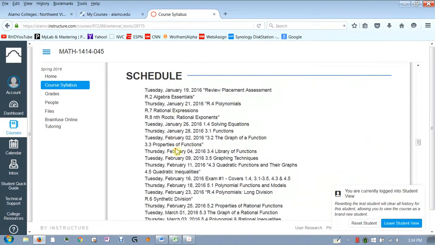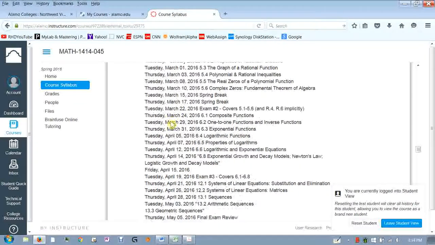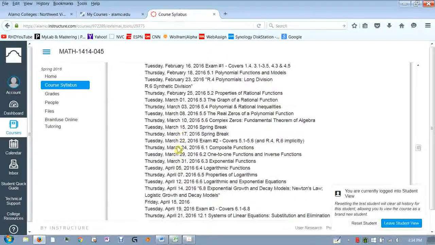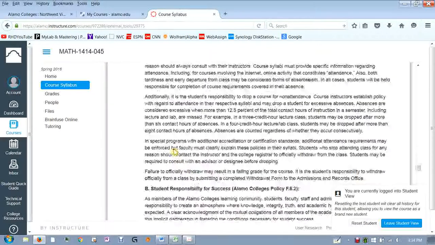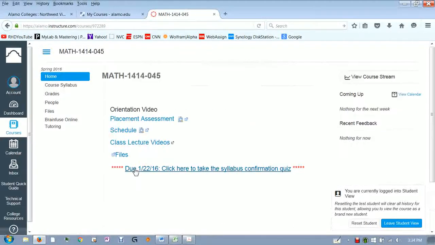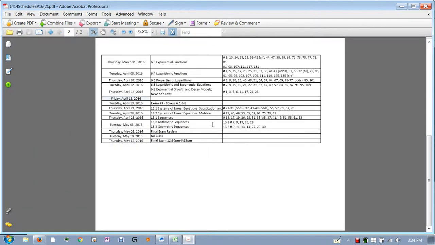The schedule, I have a better schedule for you to look at here, but I have to have it in the syllabus, so here's where we're supposed to cover each day. And it also shows when the tests occur. All right, so let you read through the rest of that yourself. Let me get back to this home page. Let me look at the schedule before I talk about the placement test. The schedule, you can download, print it out, put it in your binder. And it's 2 pages, and it shows,